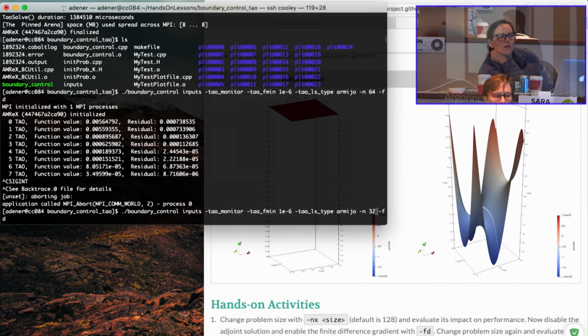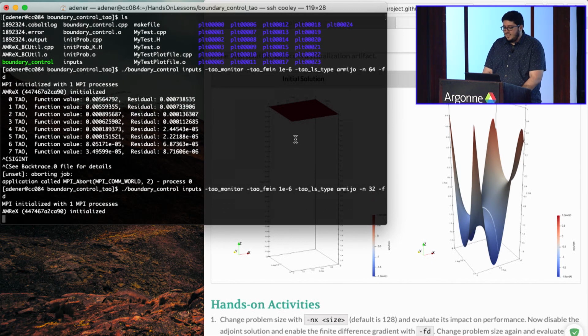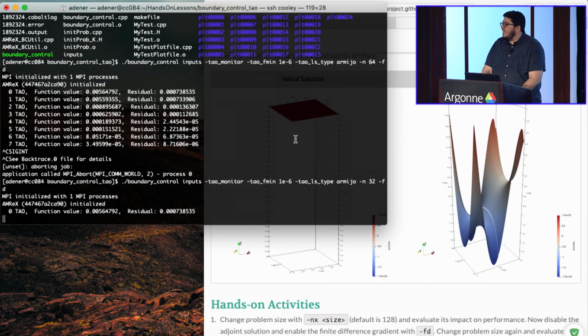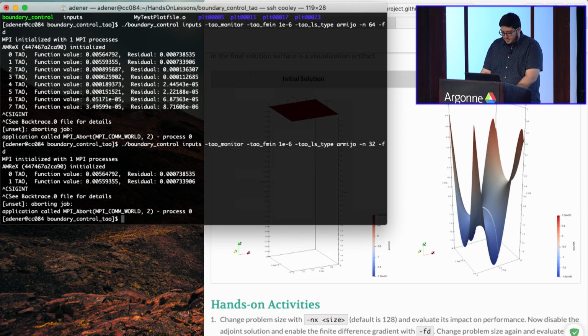So that error doesn't just slow the problem down in terms of computational cost, but also slows the algorithmic convergence. It actually takes potentially a few more iterations because of the errors in the gradient. And so I guess the point of that exercise is motivating the use of the adjoint method. If you want to do PDE-constrained optimization, the finite difference method is great for prototyping. It's great for small problems, but